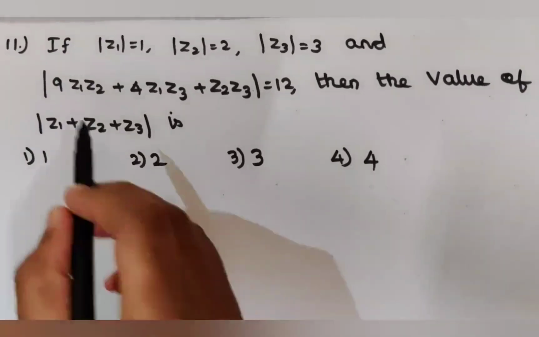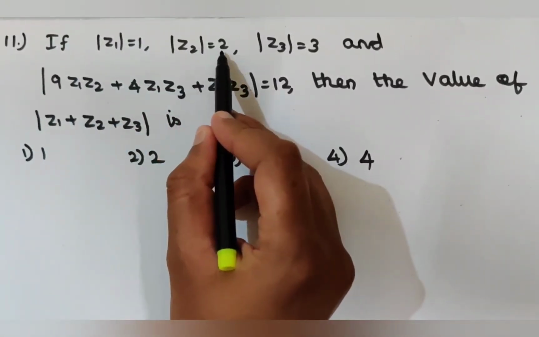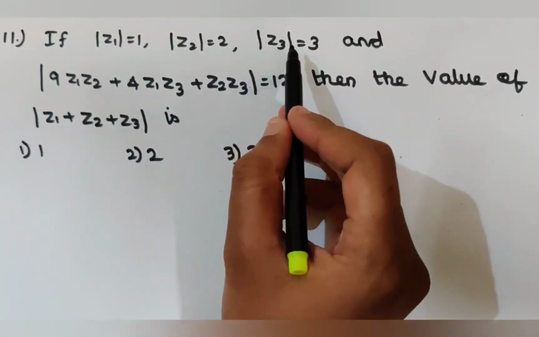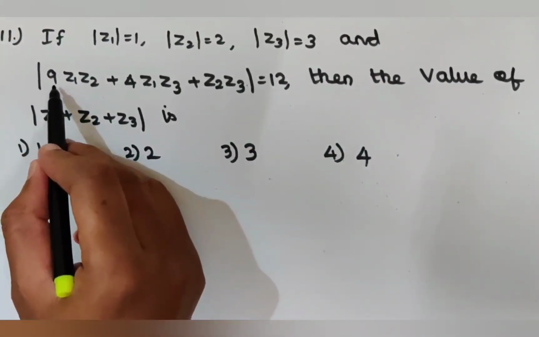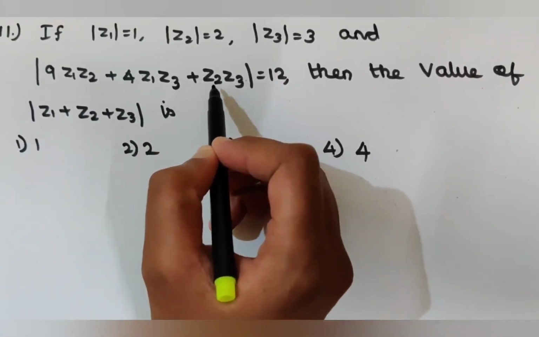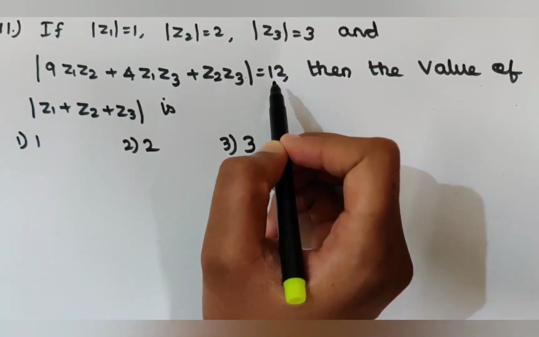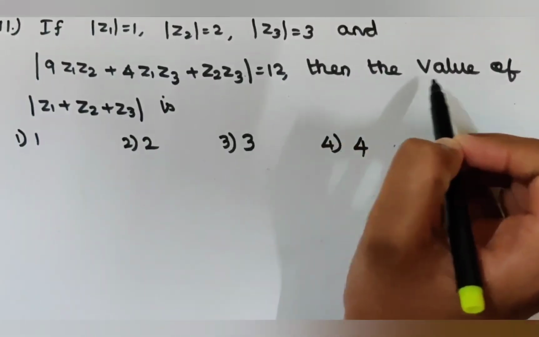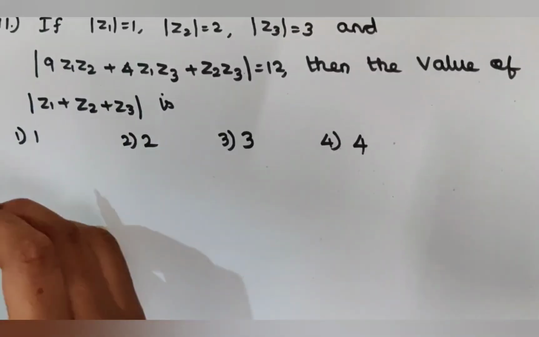11th question. If modulus of z1 is equal to 1, modulus of z2 is equal to 2, modulus of z3 is equal to 3, and modulus of 9 z1 z2 plus 4 z1 z3 plus z2 z3 is equal to 12, then the value of modulus of z1 plus z2 plus z3 is